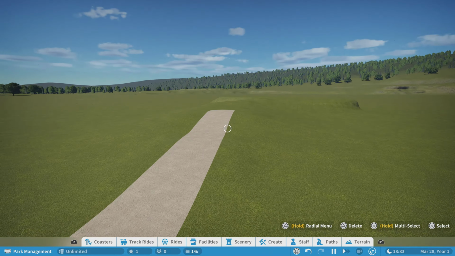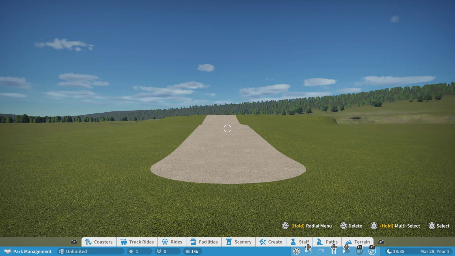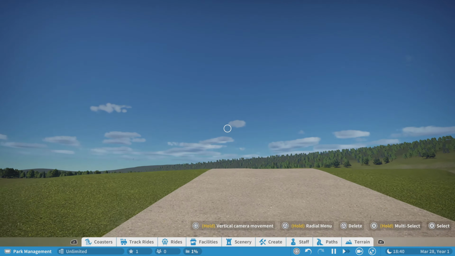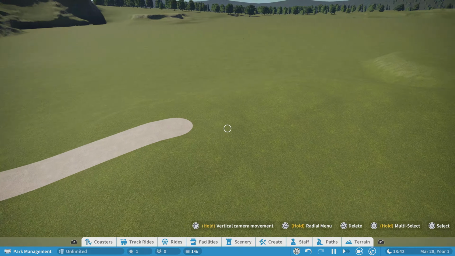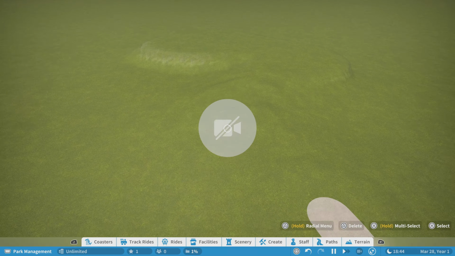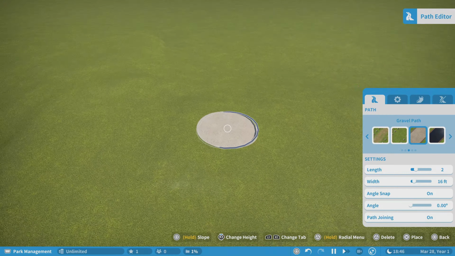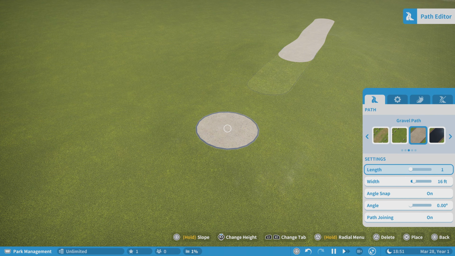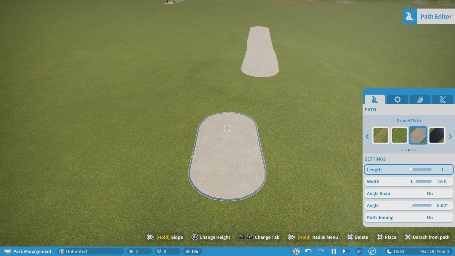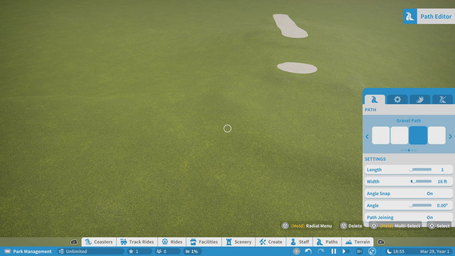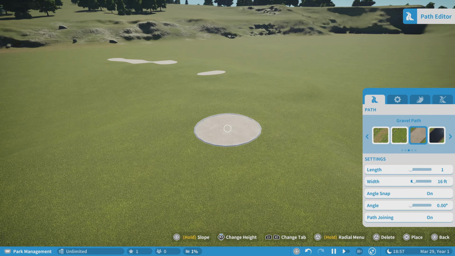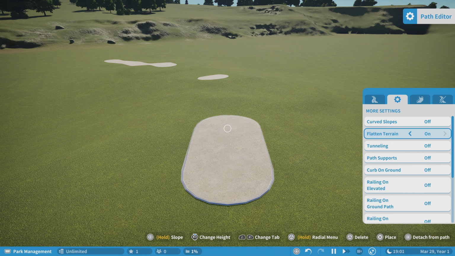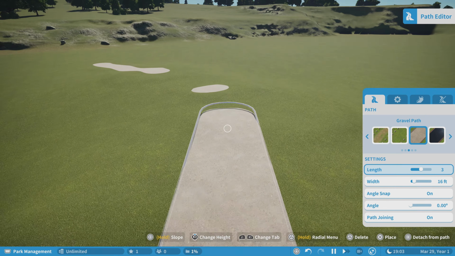Alright, so now you see how we do have elevation. The actual elevation part is smooth, but you see how it's up a little bit, awkward stop, up a little bit, and it's like these rapid stops, right? So what I'm going to do now is turn flatten terrain off. Let's go to 1. I'm placing these pieces where I ultimately want the terrain to be, okay? So if I do flatten terrain on,